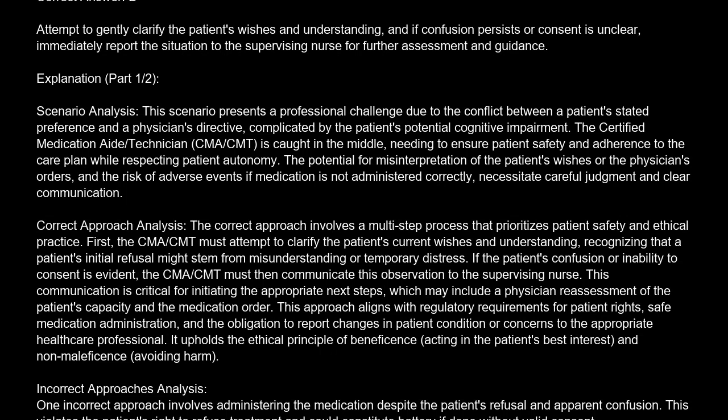The correct answer is D. Attempt to gently clarify the patient's wishes and understanding. And if confusion persists or consent is unclear, immediately report the situation to the supervising nurse for further assessment and guidance. Explanation. Scenario analysis. This scenario presents a professional challenge due to the conflict between a patient's stated preference and